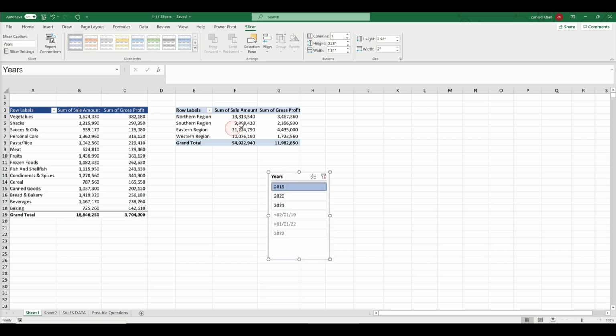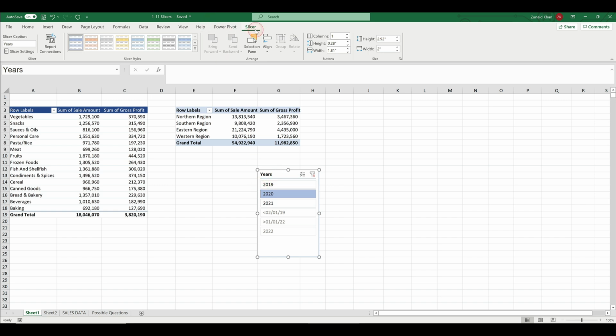Now, however, this particular pivot table is not linked to the slicer. When we created this slicer over here, you can see as I change, it's only changing the values here because it was only linked to this particular pivot table. For this other pivot table that I've got here, it's not linked in any way to this slicer, but we can actually link it. So the way we do that is, when we've selected the slicer, in the slicer tab,